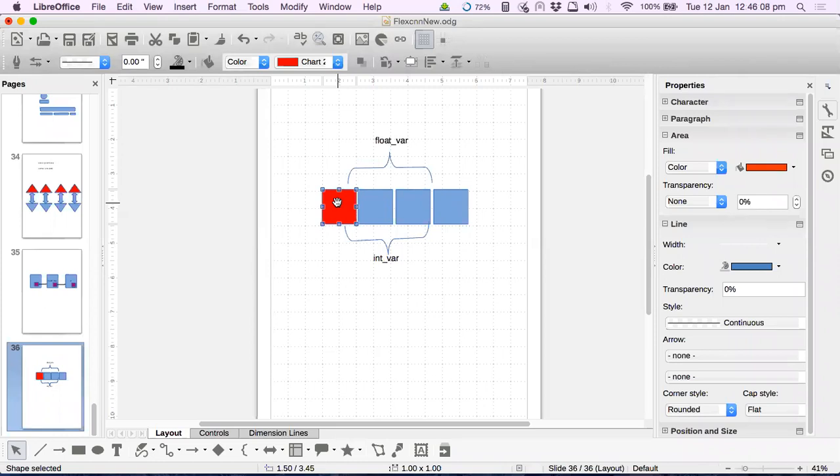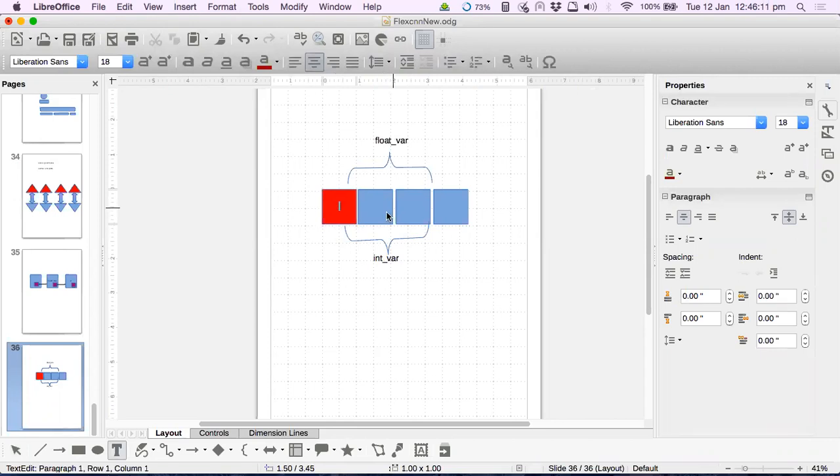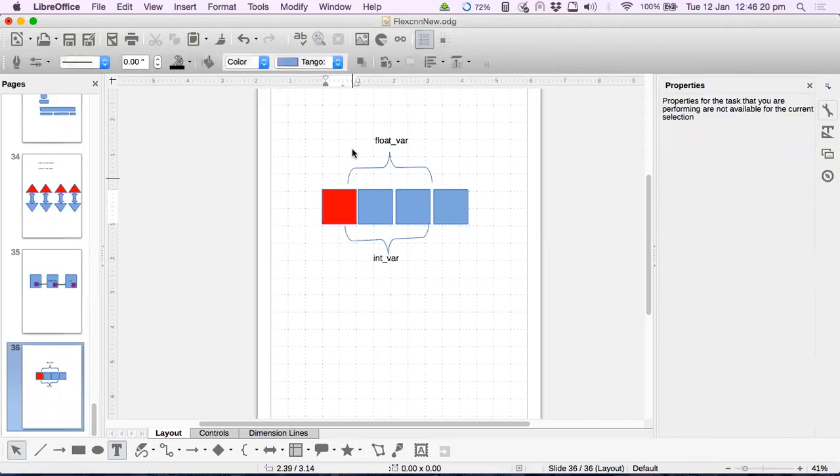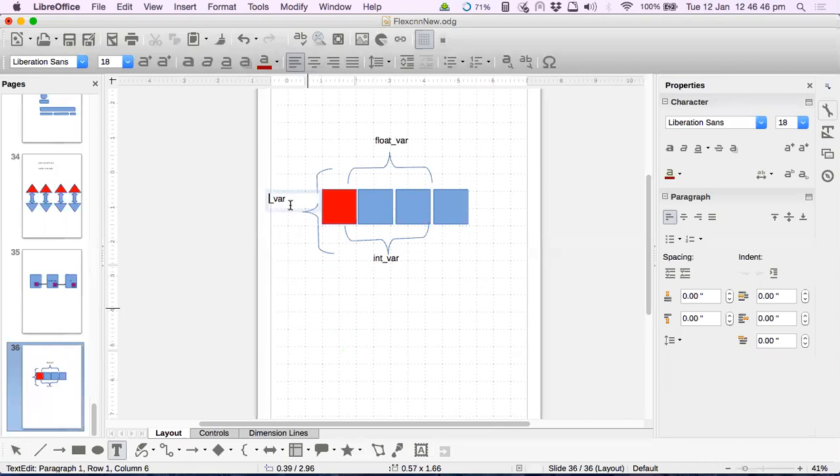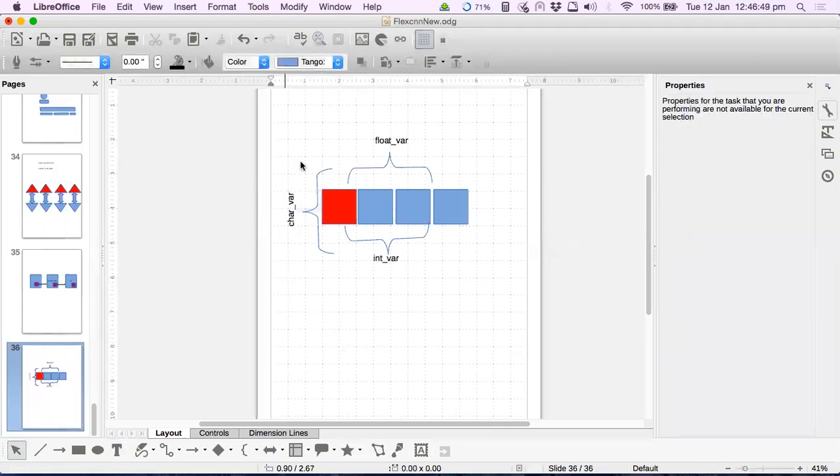Don't think that if the character stays, the integer and float can also stay. No, because integer and float need 4 bytes, right? But there are only 3 bytes left. So let's say this is for character. To make it clear, excuse my drawing because I don't have a stylus to write. Yeah, so this byte here is for character. So you see how the same 4 bytes are used by 3 different types of variables.